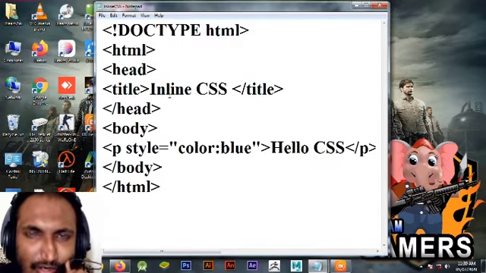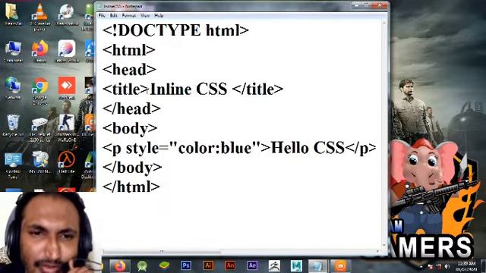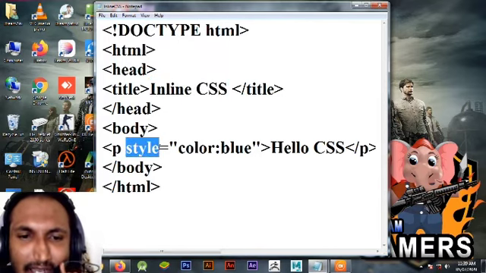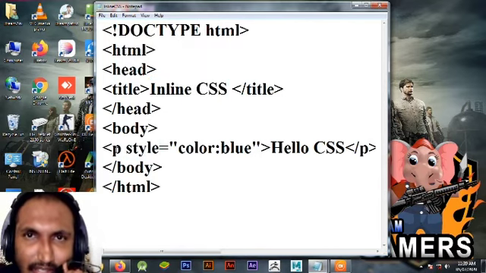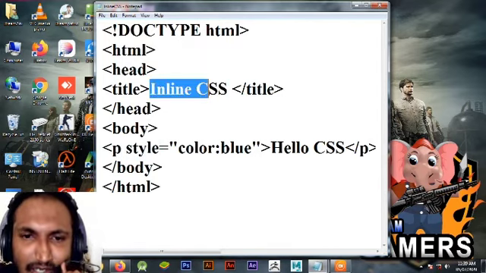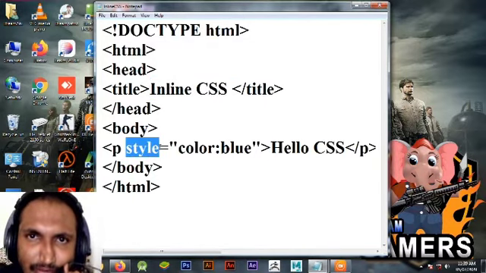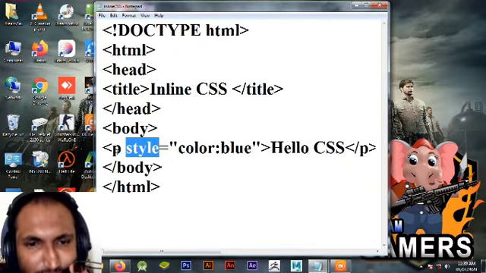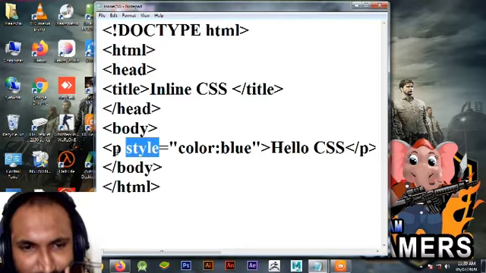Let's see, you have to first understand that to use inline CSS you have to use a style attribute for the particular tag which you want to style.